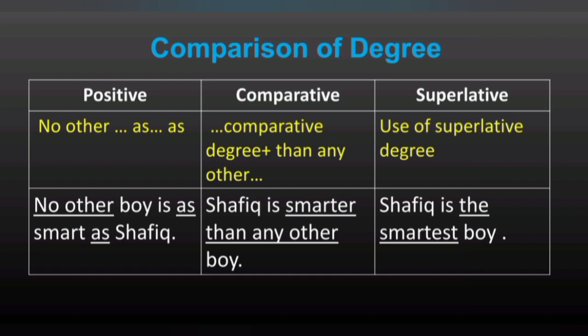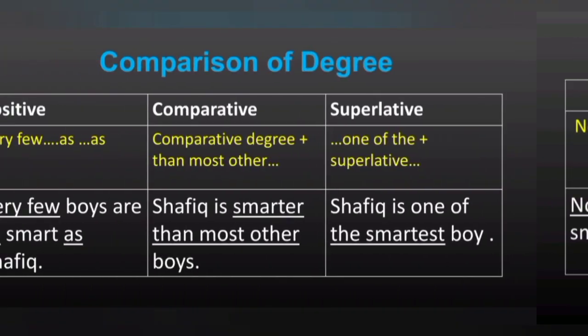Similarly, if we have to change it into positive one, then as we cannot compare Shofiq to any other boy, there is no reference of that in the sentence, so we should use the term no other. No other and as... as. And the sentence will become: No other boy is as smart as Shofiq. We cannot compare Shofiq, and he is so smart that he is not comparable to any other boy. So without changing the meaning of the sentence, this is how we can change a sentence from positive comparative to